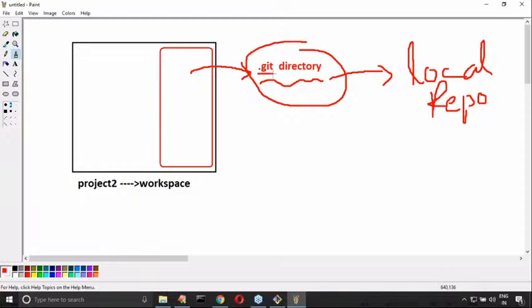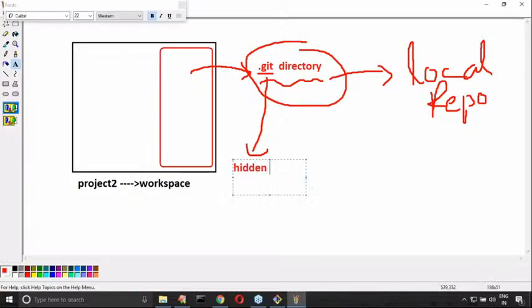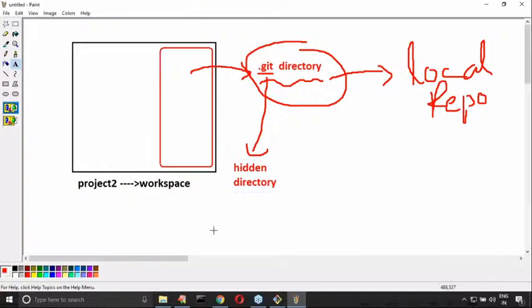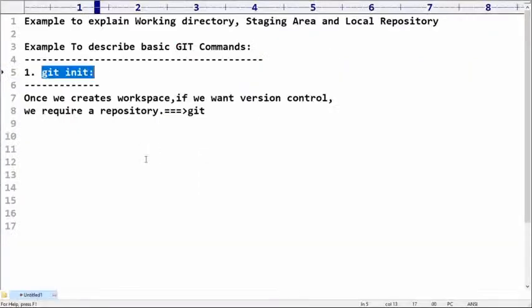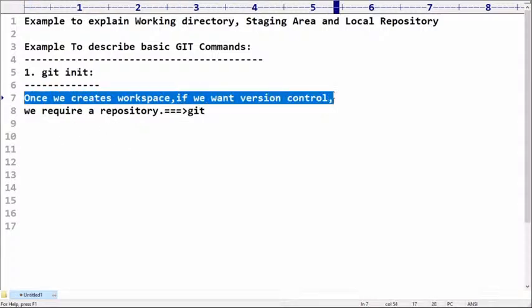If any file or directory starts with a dot, sir, it is a hidden directory. Okay, that's all, sir. Now, is any explanation required about the git init command? Yes, friends, the first command we used. Is it clear for all of you? So if I create a workspace and I want version control,